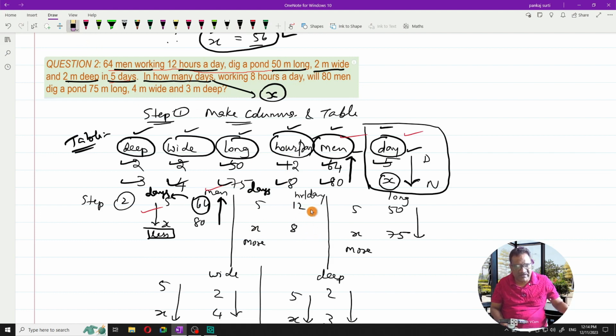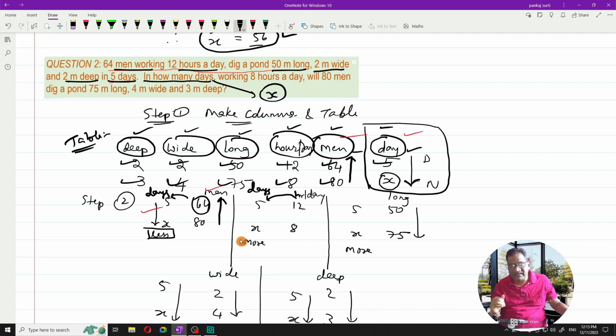Now this is already put, so I will remove it. Let us see how the arrow you have to put. Ask yourself the question, go from hours per day to days. Working 12 hours per day, if 5 days are required, then working 8 hours per day, now the number of hours per day is reduced. So when the number of hours per day is reduced, then the number of days required should obviously be